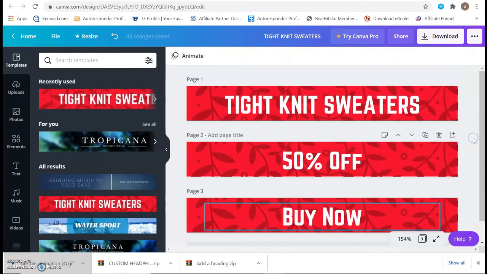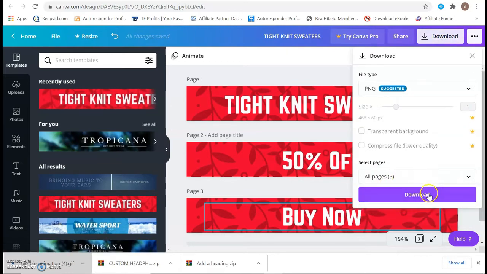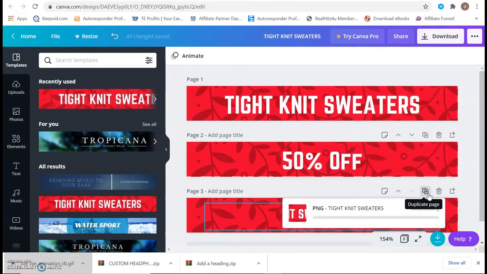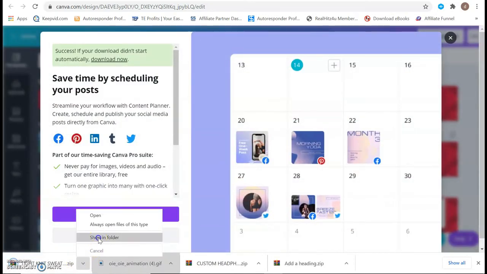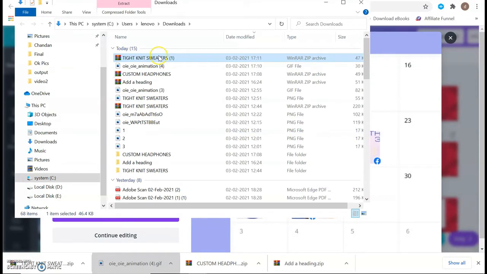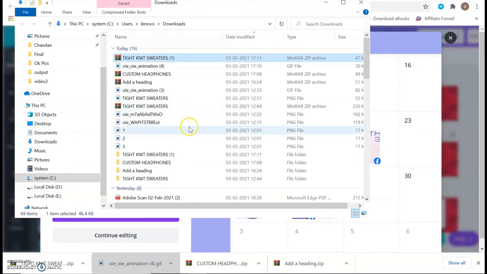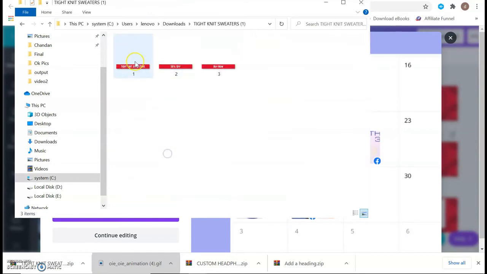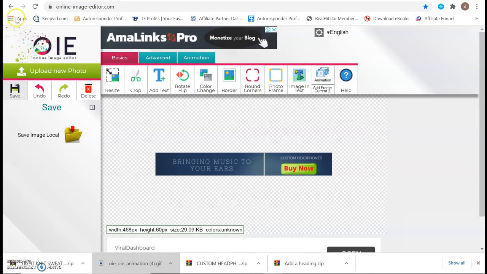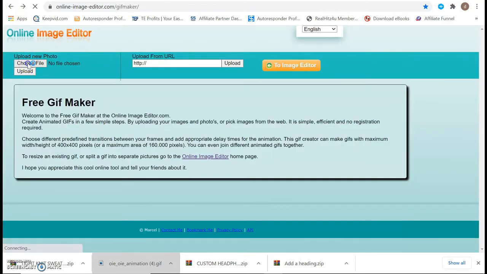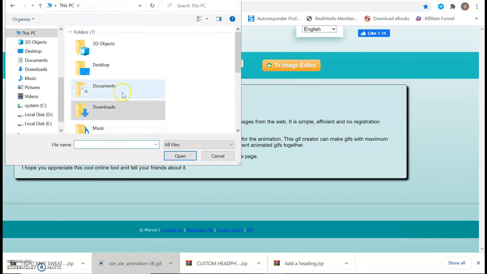That's all. Now go ahead, same thing all over again. Go ahead and save this. It's going to save here in the folder. Go to TitanNet Sweater again. So there was something I was doing earlier. Okay, now all three images are here. Again, same thing all over again. Go back to the GIF maker and upload all three images one by one.